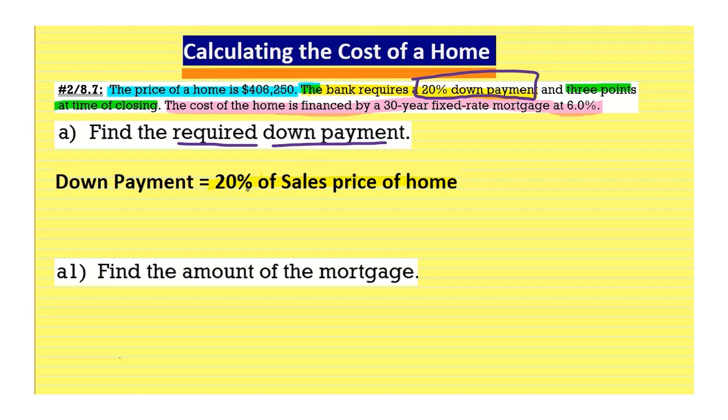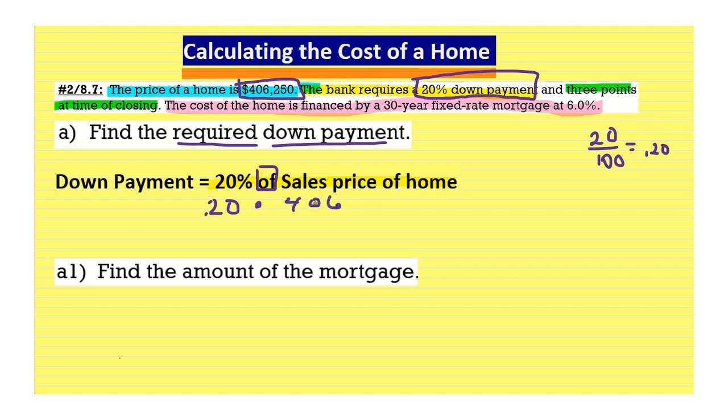Well, we never calculate with the percent. We actually take the 20 and we divide it by 100, and that gives us the decimal version of that number, and that's going to be 0.20. So 20% will be converted to its decimal version, and the word "of" always, always, always means multiply. So we are going to multiply that. And then the sales price of the home is the $406,250. So that would be 0.20 times